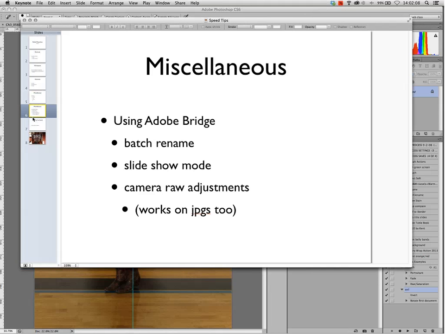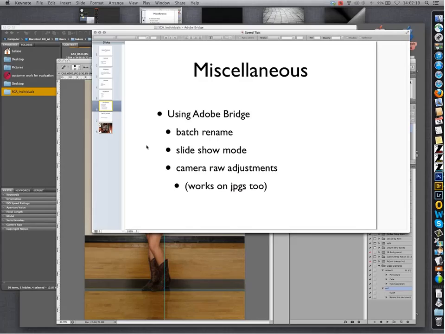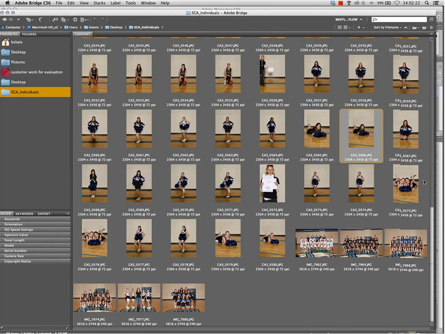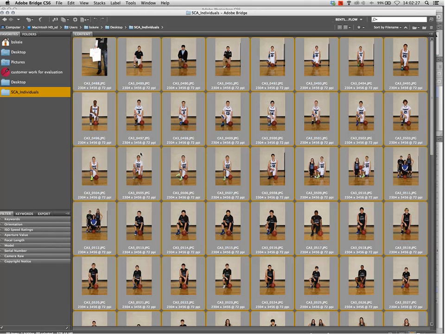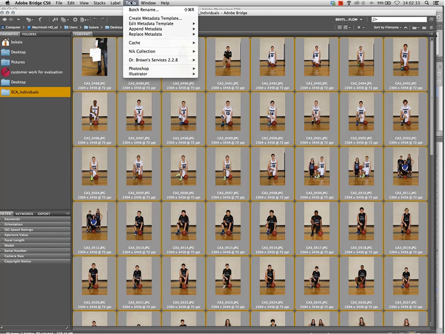Other things under miscellaneous, I use Adobe Bridge, as you've already seen, to navigate and open up images, but there's a lot of things that you can speed up in your workflow by just using Bridge itself. So let's go into Bridge and look at some of those. Probably one of the biggest things that I use Bridge for is for batch renaming. I just did a Command-A or Select All to grab all the images in that folder. And within Bridge, if I come up under Tools and Batch Rename,